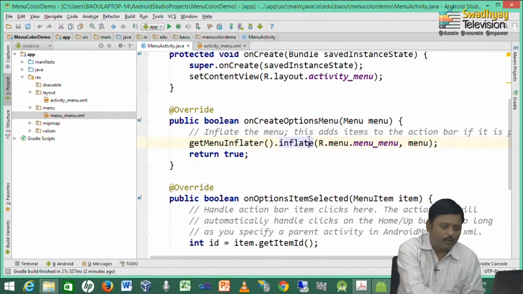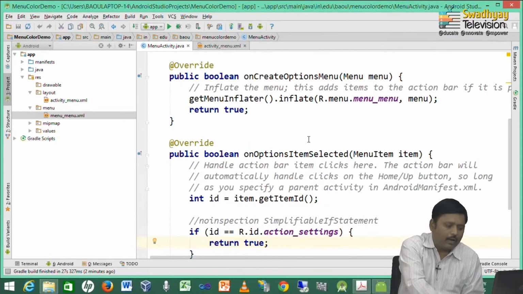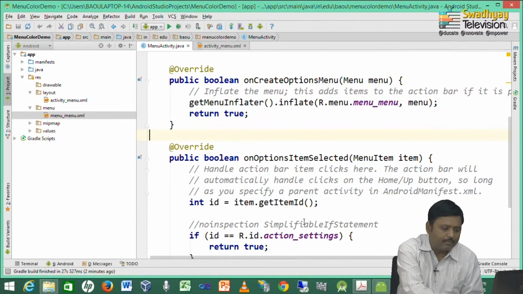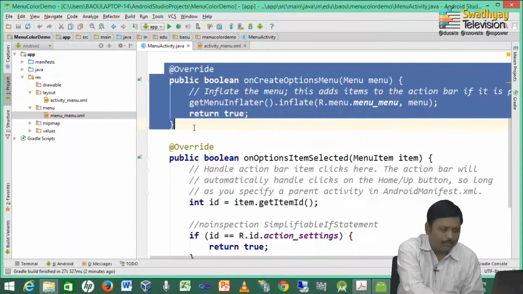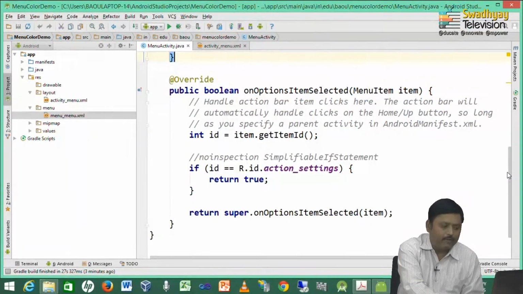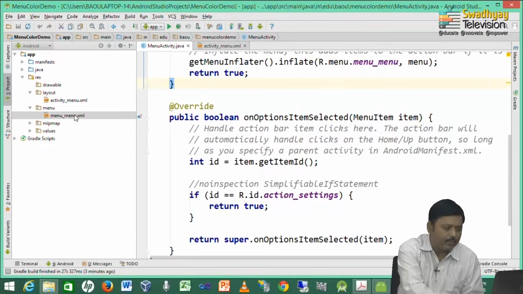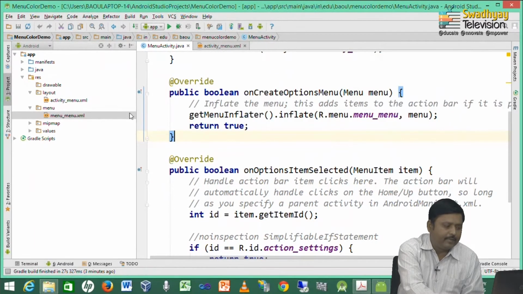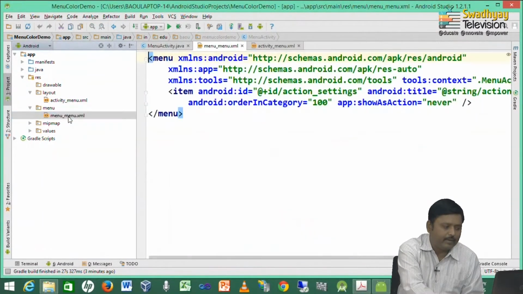By default there is only one option there with the name action settings. So, Android automatically creates a menu with the single option settings and inflates it inside onCreateOptionsMenu using the menu inflater. We need not write these code, we just want to add menu items inside this menu underscore menu.xml file. You need not do anything, but just add items inside this menu underscore menu.xml file.